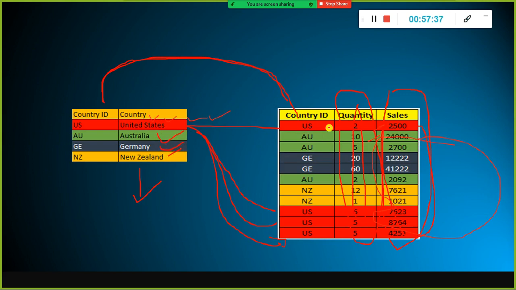Whereas in this other table, you can see multiple records for the United States, and similarly for Australia. It depends on the transaction. This is called a transaction table, or roughly a fact table. This is a dimension table.